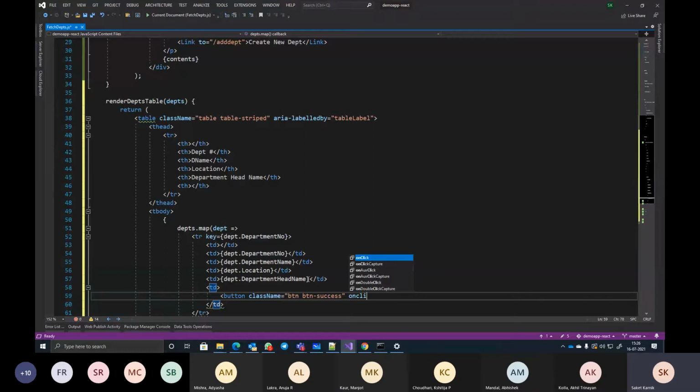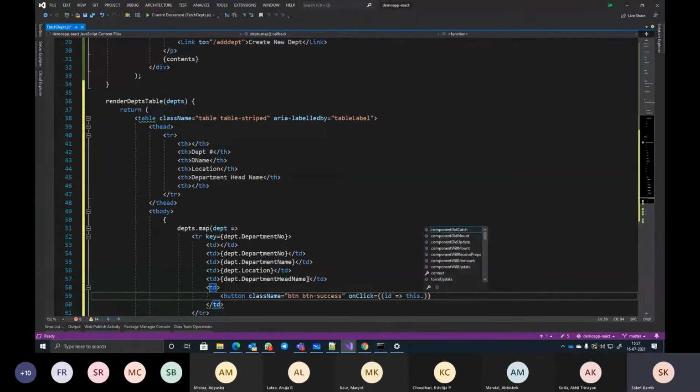On click, this is a JavaScript event this time. What I want is some JavaScript code to be running. Within curly brace, I say there is a parameter ID that goes in